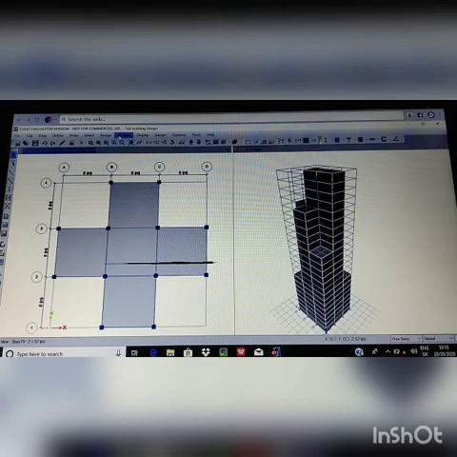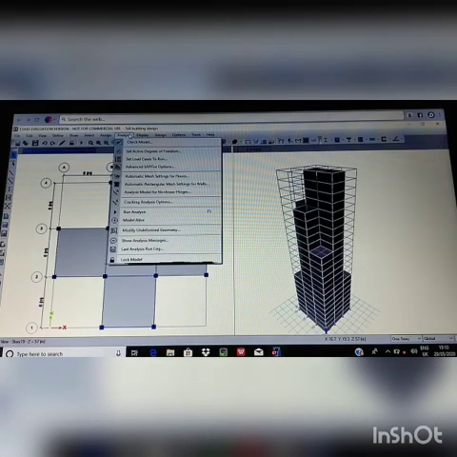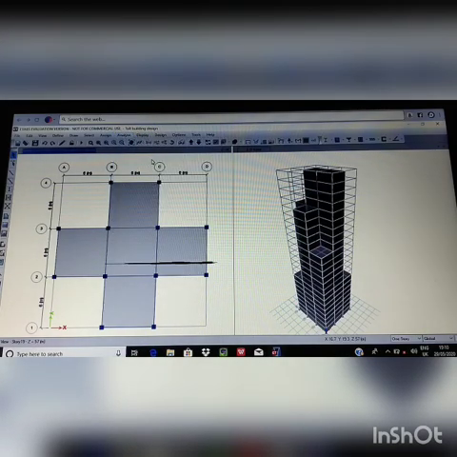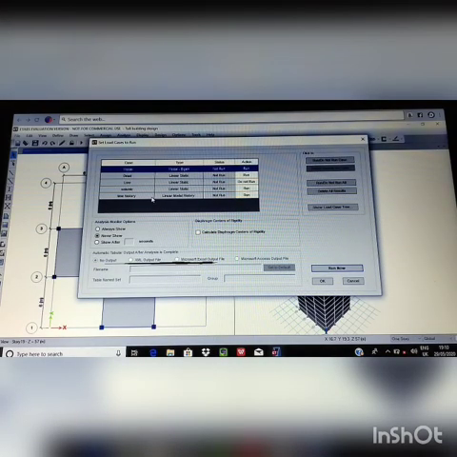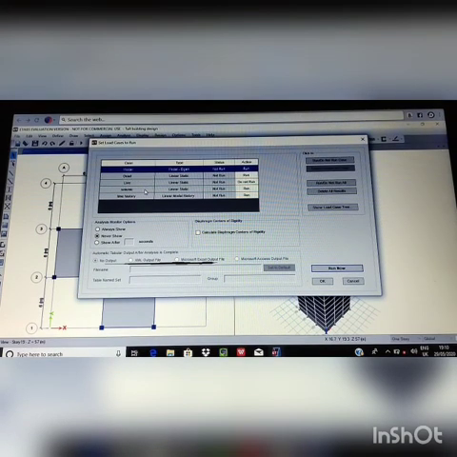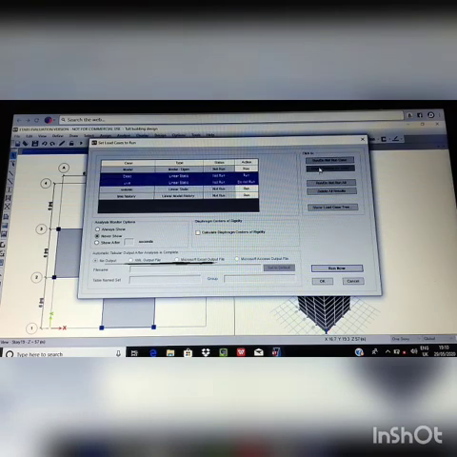Now we analyze the model for seismic load based on the time history method. Click on Analyze. Then set the load cases to run. Live and dead load: make them Do Not Run. Then click on Run Now.